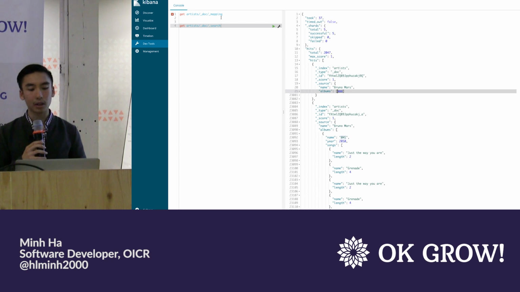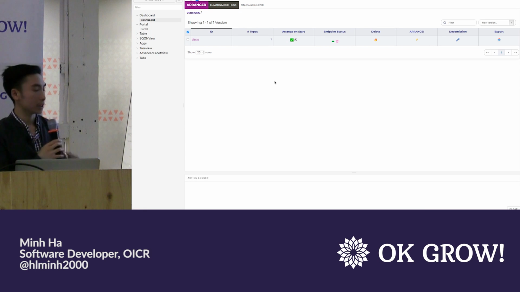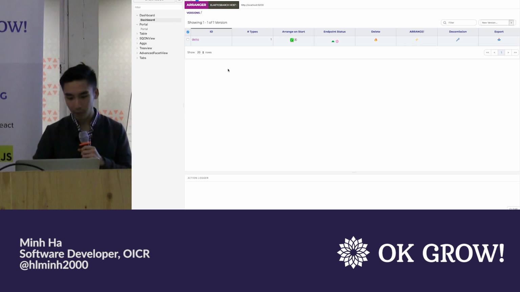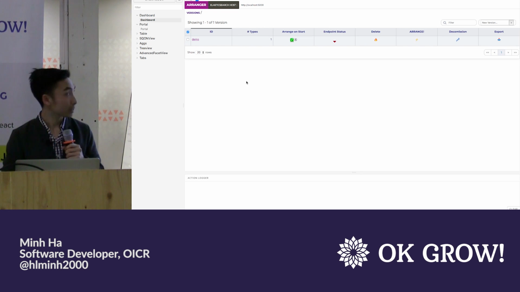So now we have an index with a mapping, and we're going to go into Arranger, which is the product that Alex has helped build. Well, I already did this, but I kind of don't want to go through it again. So I can create a new one, called artist. So through Arranger, we can create